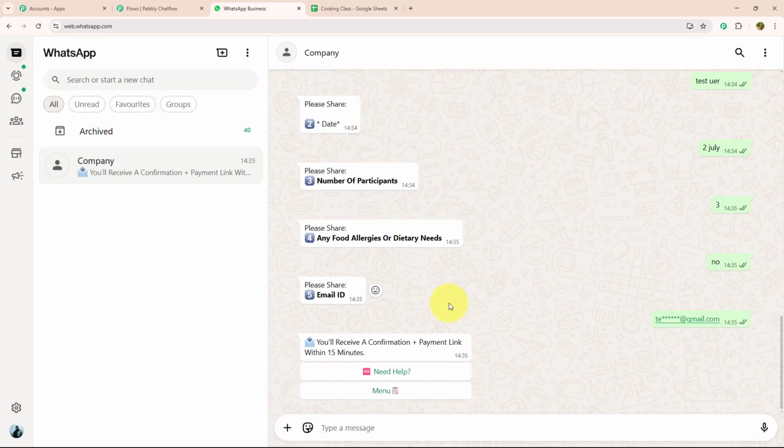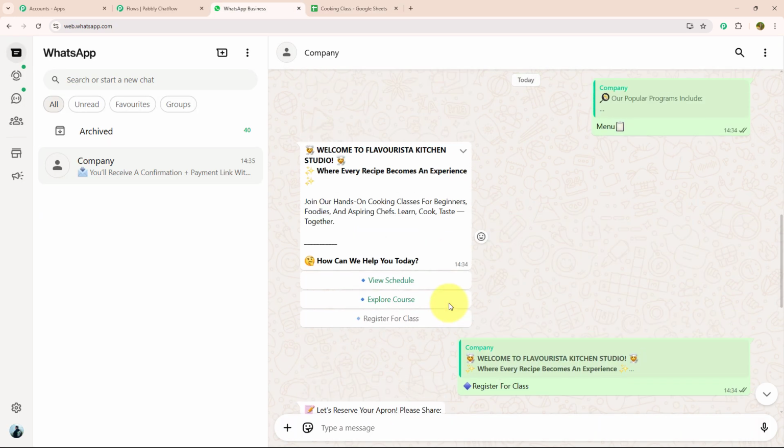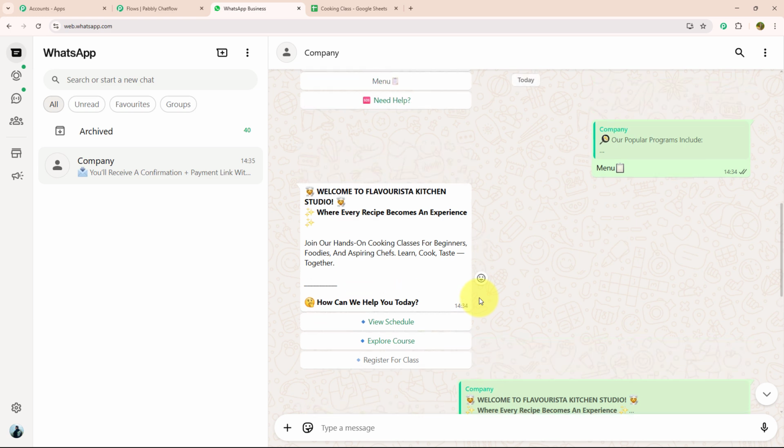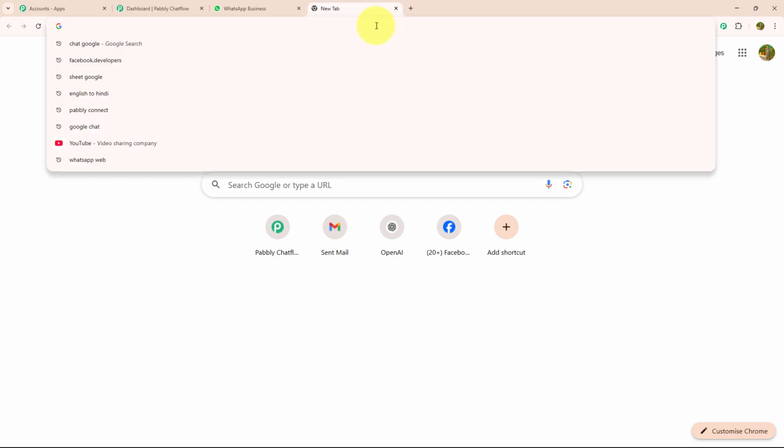So yes, as you can see, the chatbot is replying to me within seconds and made my customer experience so much more fun and better, that too without any manual effort. That's the power of Pabbly Chatflow. If you want to know how to create this chatbot and fill your details automatically into Google Sheet, then let me guide you further. For that, you need to open a new tab and search